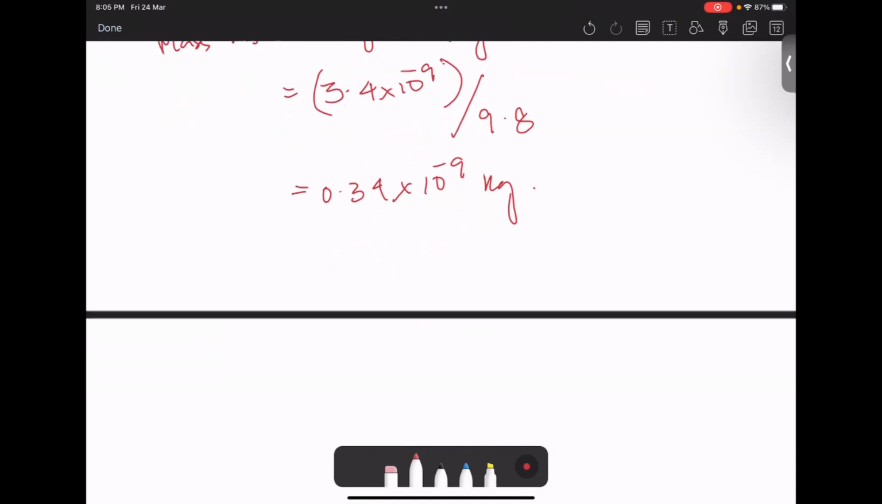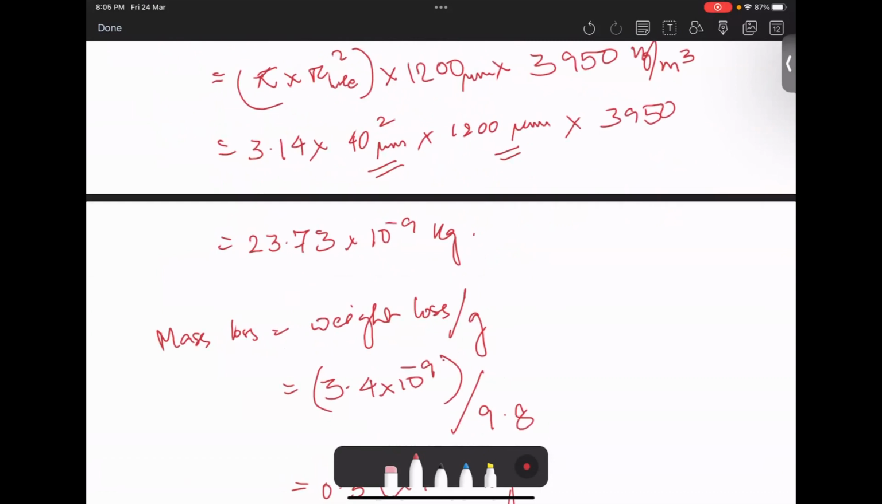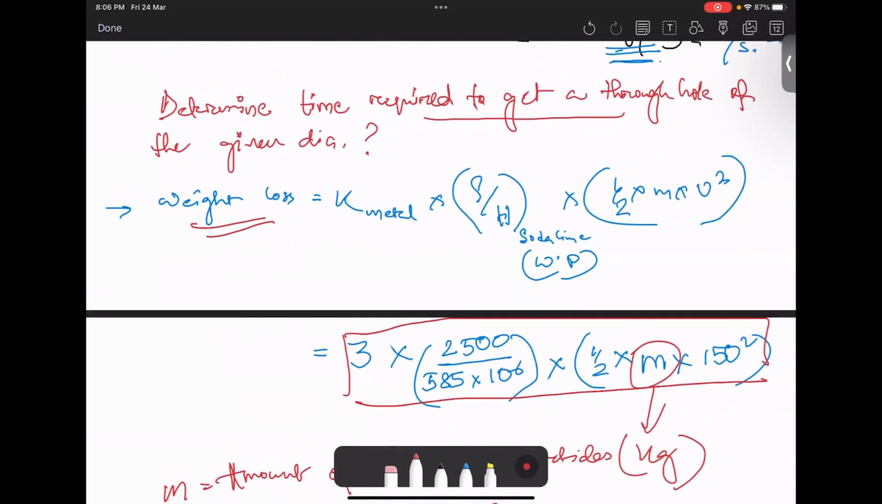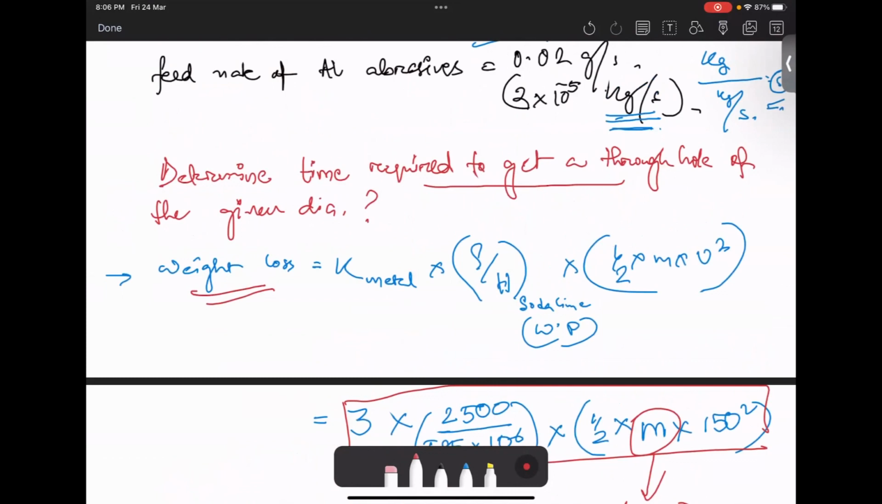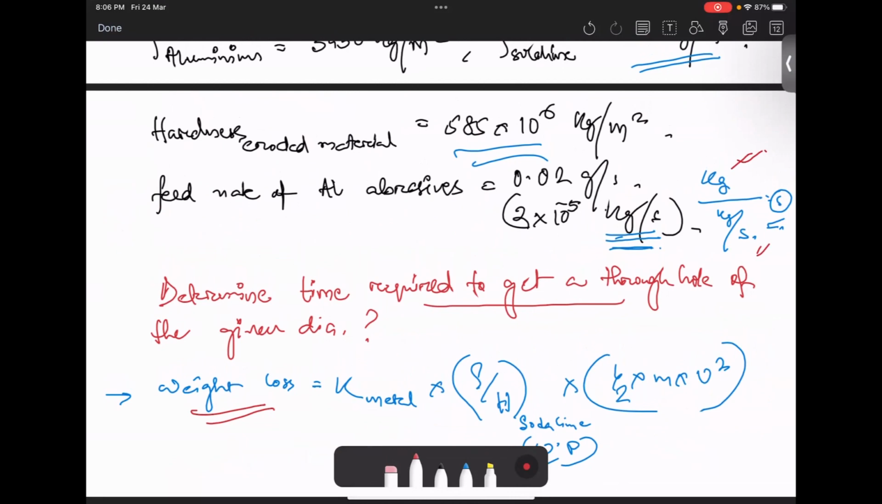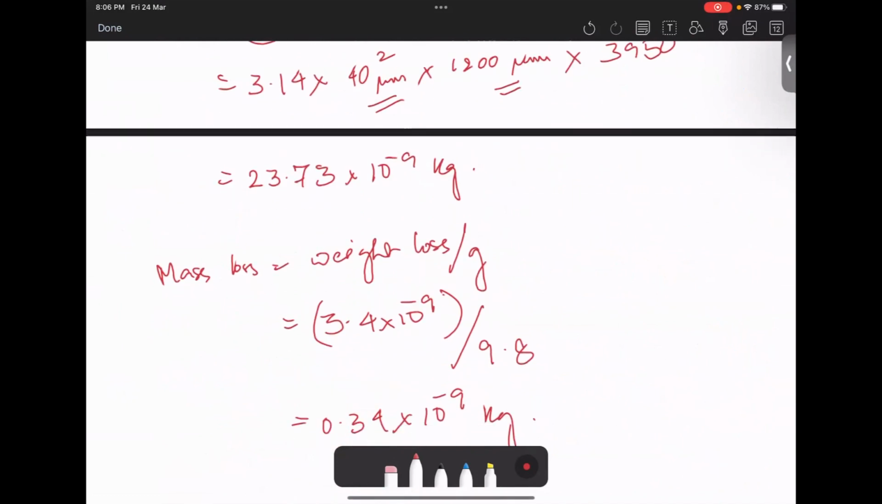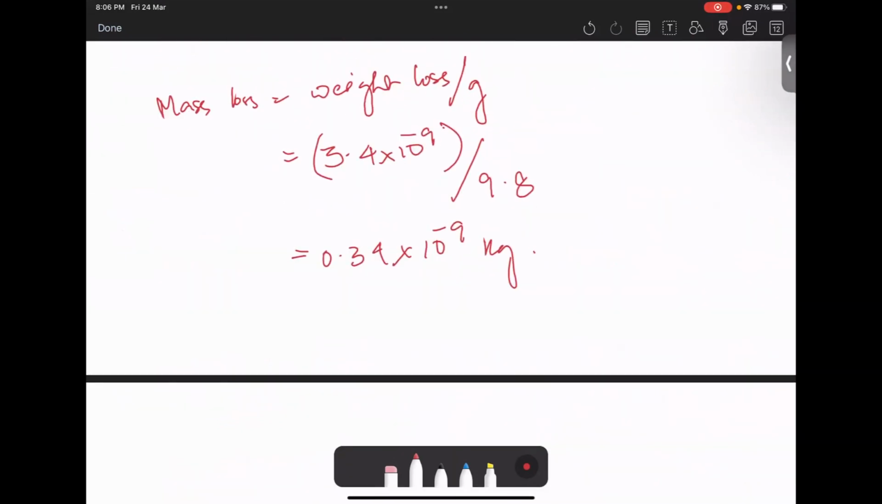Now, given that, you have to determine the time required to get a through hole. We discussed earlier that the time required can be found out by dividing your mass loss by the feed rate with the unit of kg per second. The mass loss has been found out to be 0.34 into 10 to the power minus 9. So your time required for making the through hole becomes your mass loss divided by